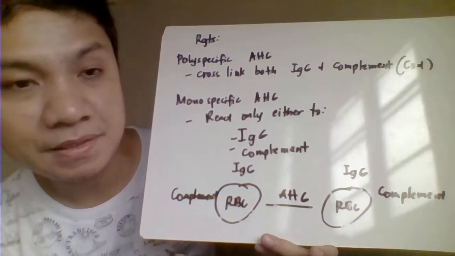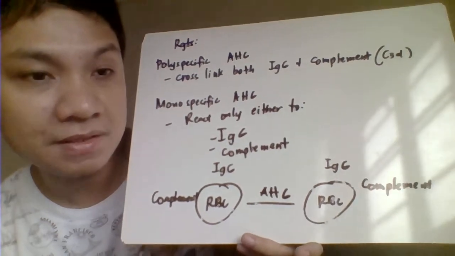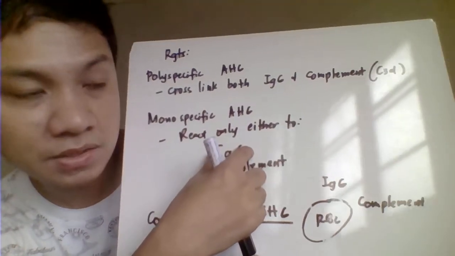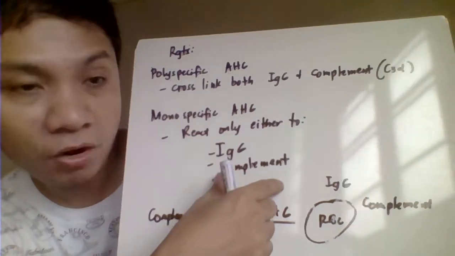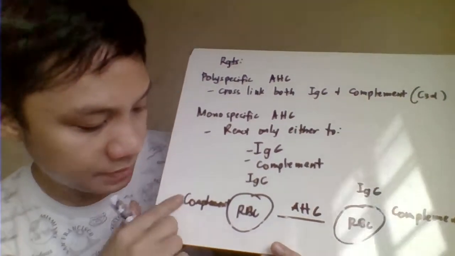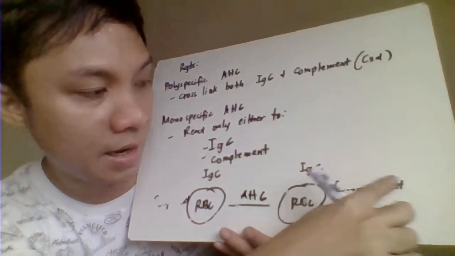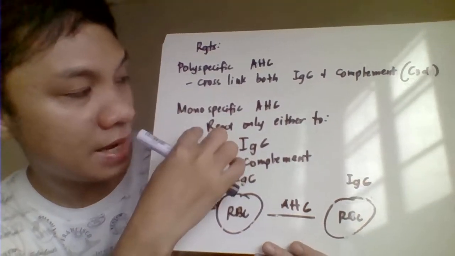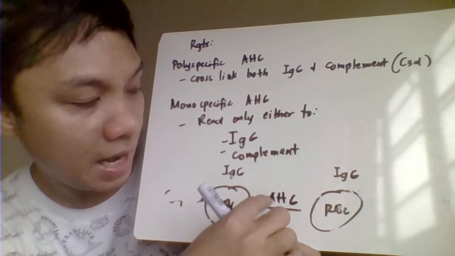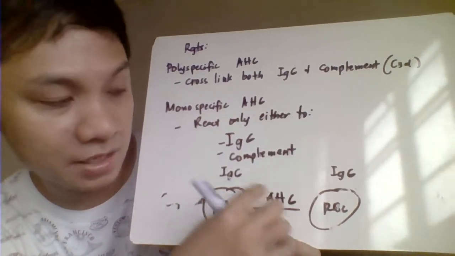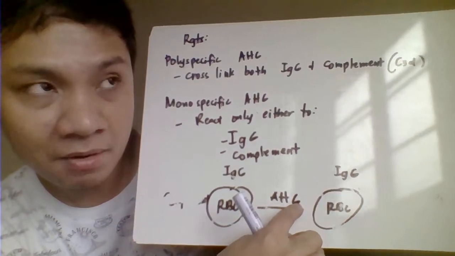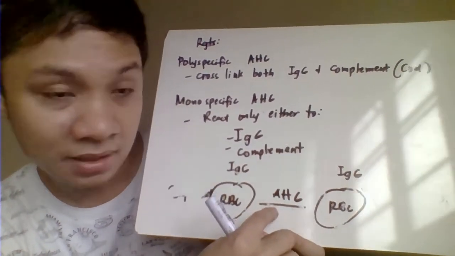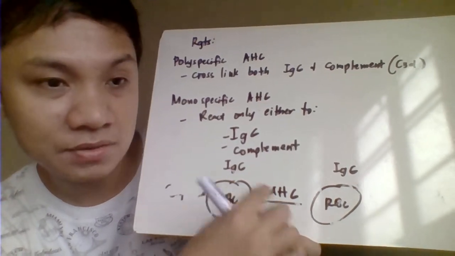Paano naman ang monospecific? Very specific ang monospecific natin. Your anti-human globulin could react only with the IgG na nakasensitize or complement na nakasensitize. Example, kung ito ang ating RBC, IgG nakasensitize, dapat ang reagent mo ay anti-IgG. Kung ang reagent mo ay anti-complement, ang nag-bind sa RBC natin ay your IgG, it will not